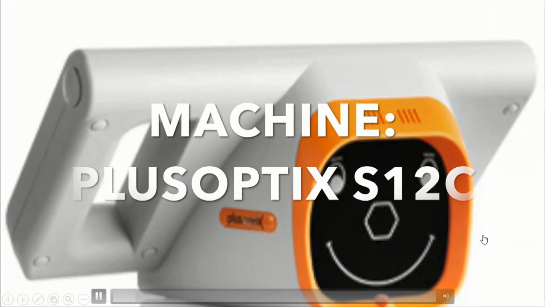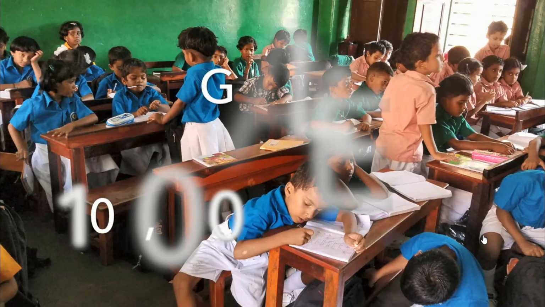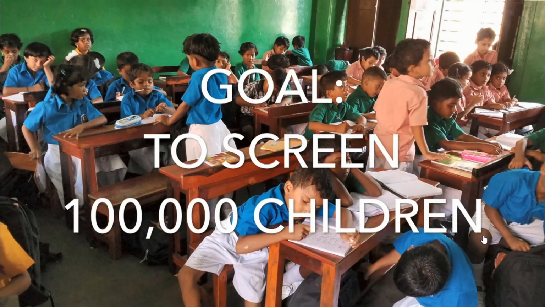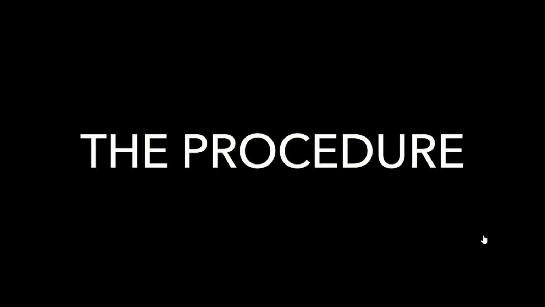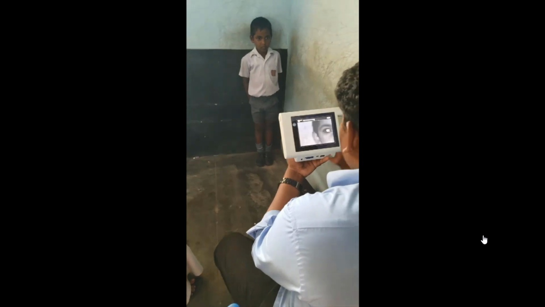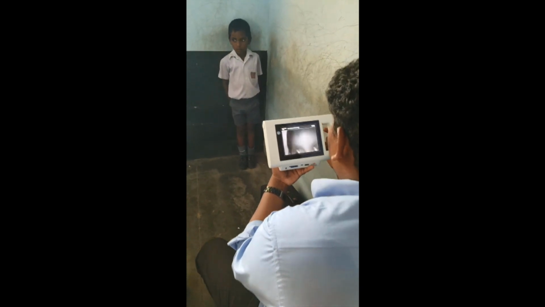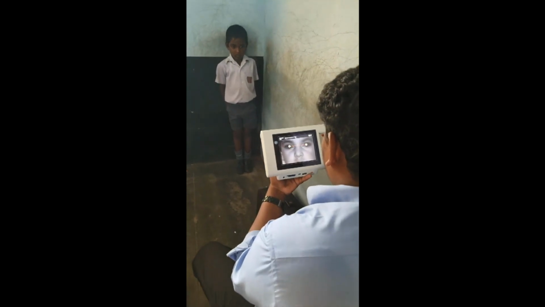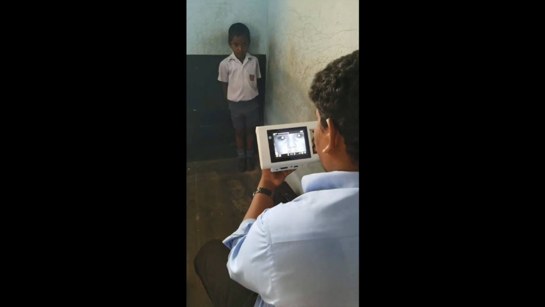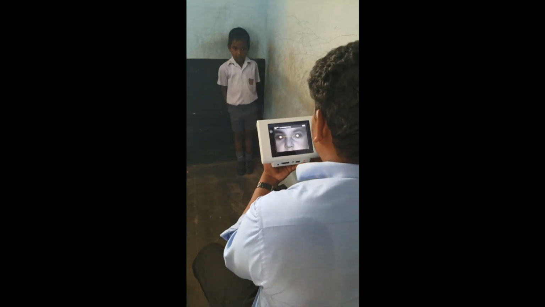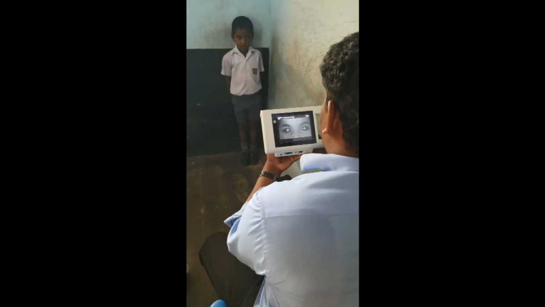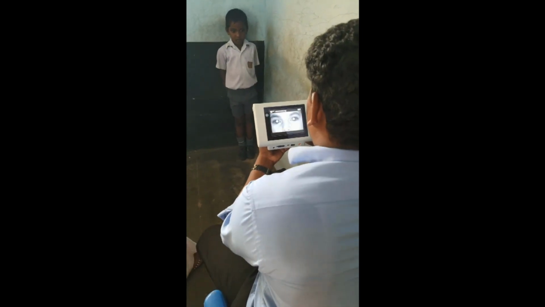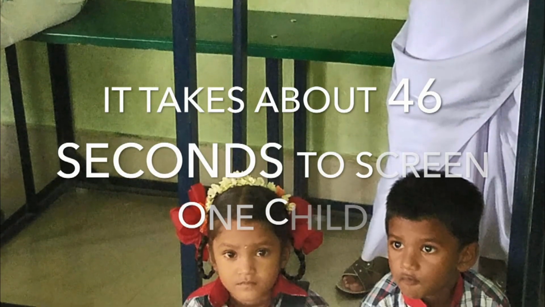With this machine we went to the preschools and the Anganwadi centers. The target was to screen 1 lakh children. So it's very simple. He's a non-clinical, trained person. You can see how freely he is holding the machine. The child is standing, not scared, he is amused, and there is a target there. He was curiously looking at it.